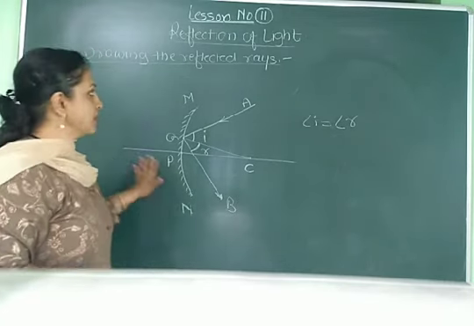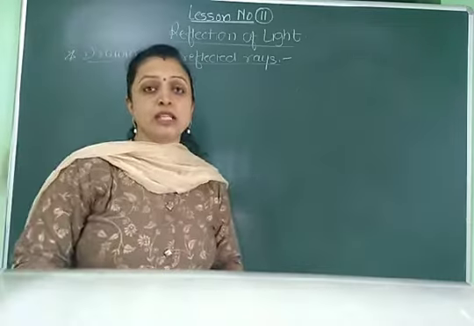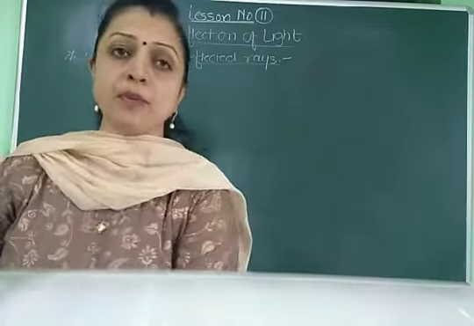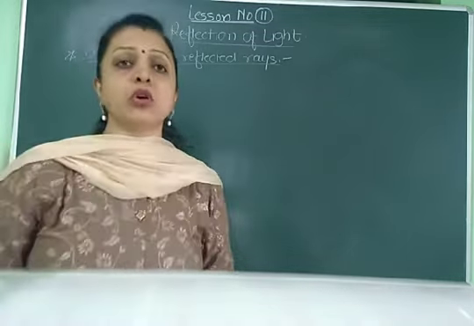Now the next topic that we have to study is the laws that we have to follow in order to draw ray diagrams. In the previous topics we found the images of an object for a concave mirror and for a convex mirror, and how the images are formed by concave and convex mirrors. Then we have to draw ray diagrams, and in order to draw these ray diagrams we have to follow some rules, which we first discuss in this topic. So which are the rules for drawing the ray diagram?